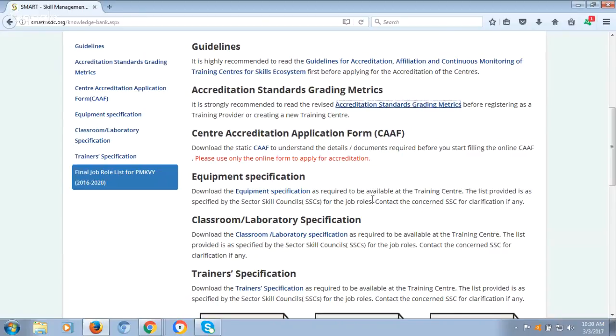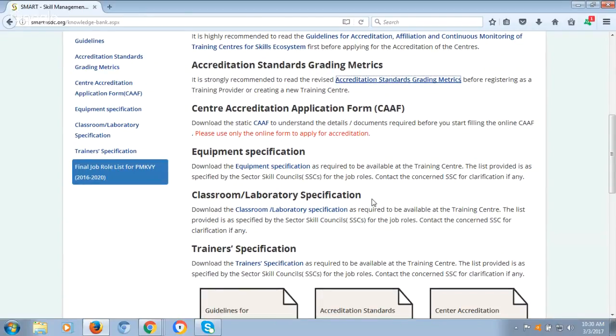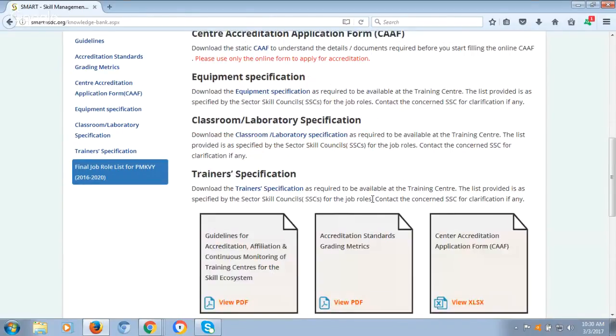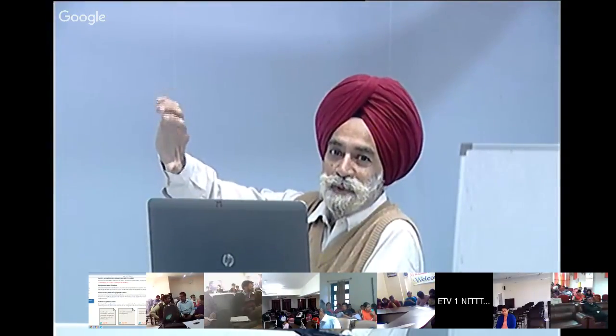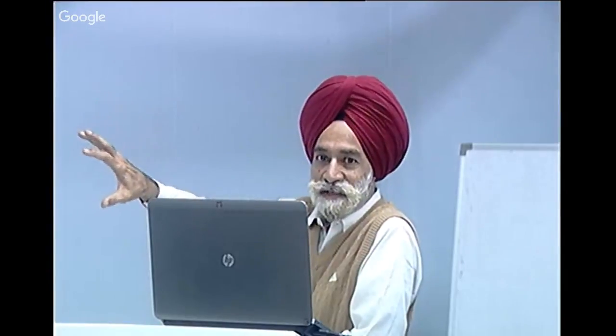And this is a classroom. As I told you already, all sector skill councils have fixed classroom size, equipment, and trainer specification for a particular job role. So you can see, before applying for any job role, whether your center fulfills their classroom facilities, lab facilities,